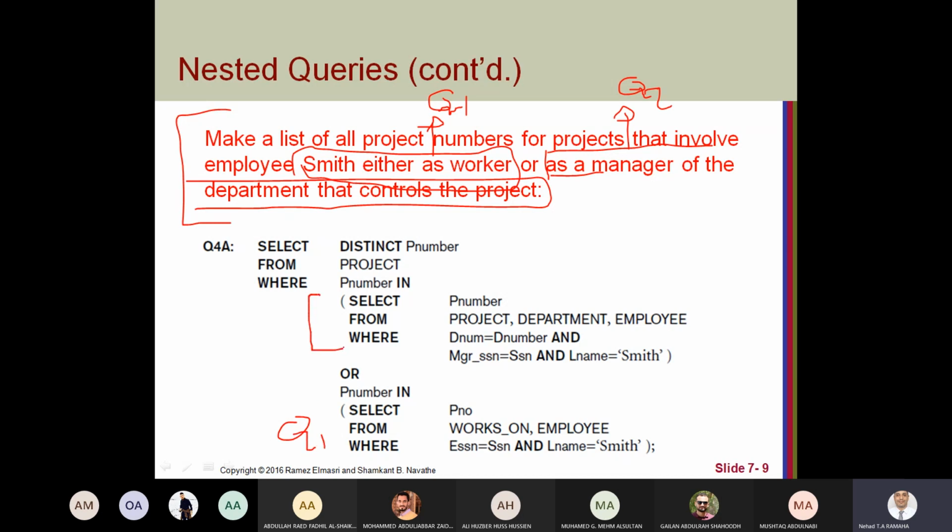This one is Q2. See here, we select project number from works on and employee, where the employee number at works on equals the employee number or SSN from employee, and the last name of this employee is Smith.